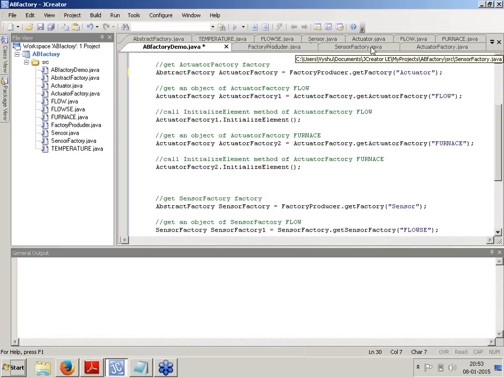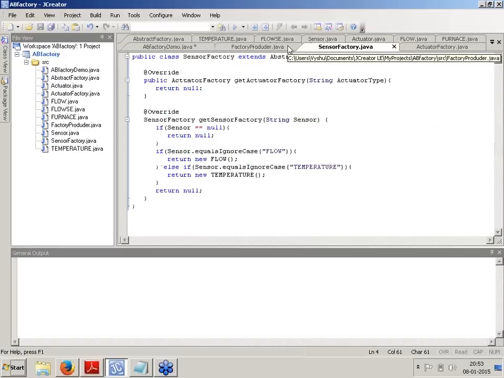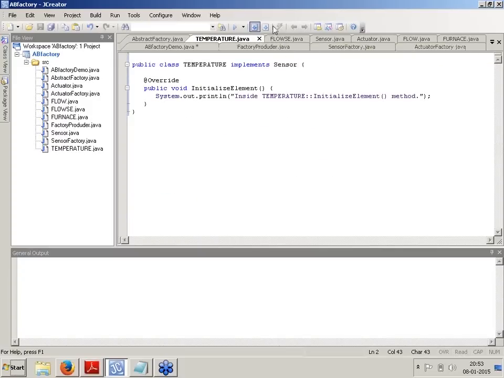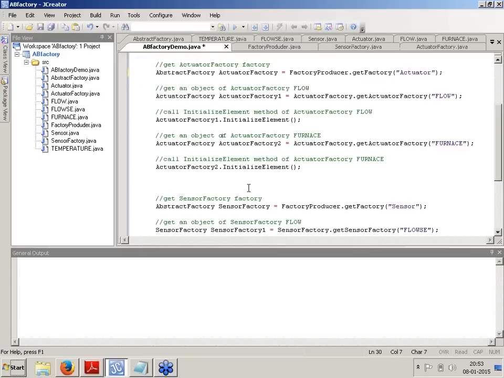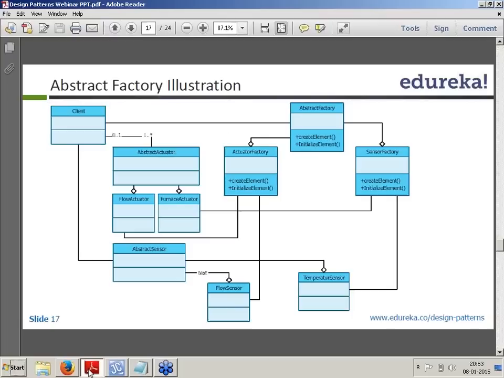Similar to the actuator, you have a sensor factory as well. Temperature and the flow sensors. We would be sharing this code. So this is how